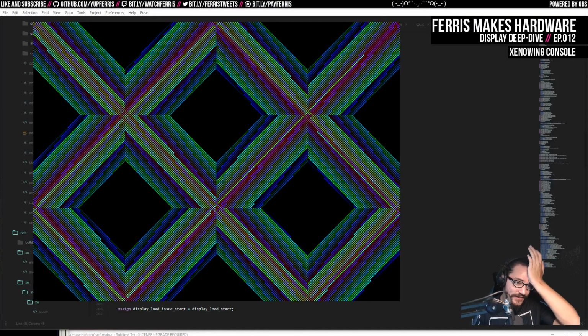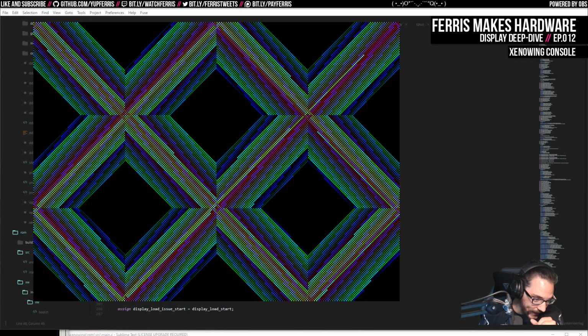The xenowing is running a very simple program where it starts by plotting a pixel in the center of the screen and moving the plot position around in X and Y. And whenever it hits one of these walls, it just bounces back. And the color is determined